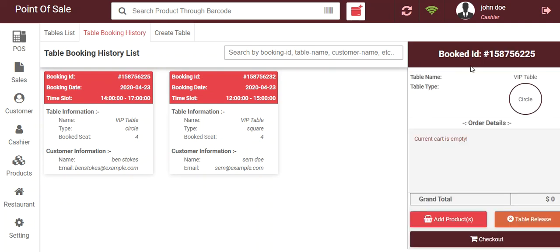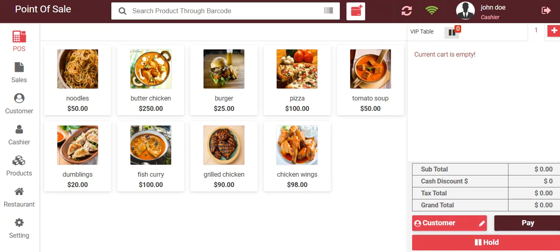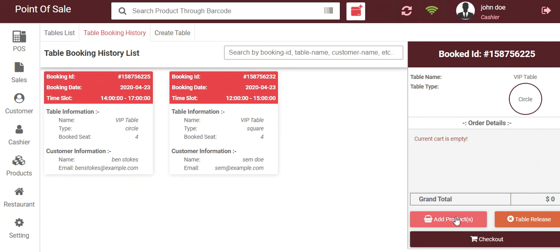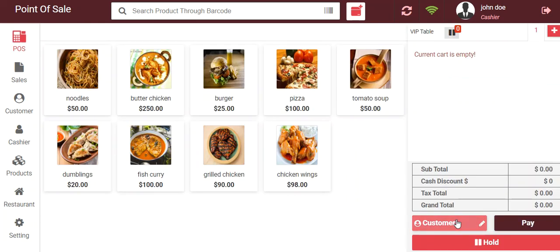After selecting the table, here the agent can see the booking ID regarding the table. So first of all, the POS agent needs to add a product for that particular table. For this, the POS agent needs to click on the add product button.